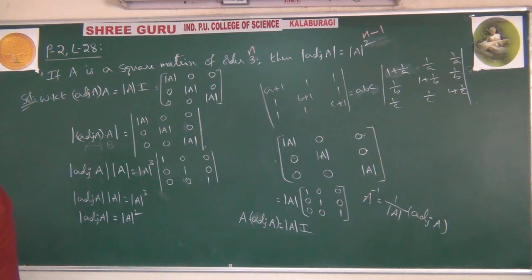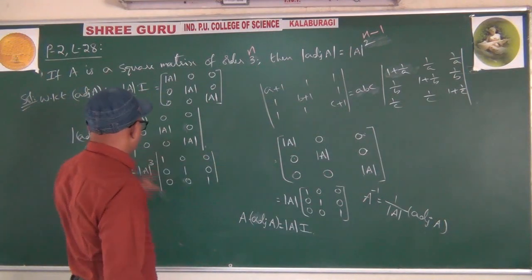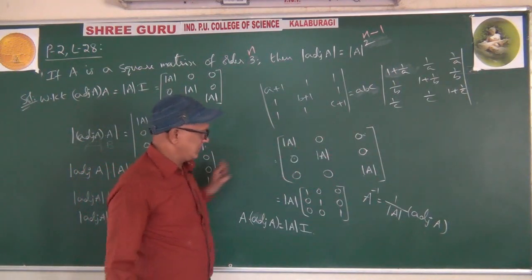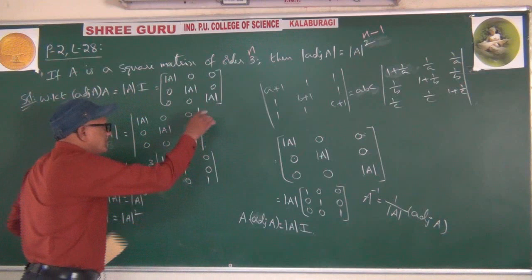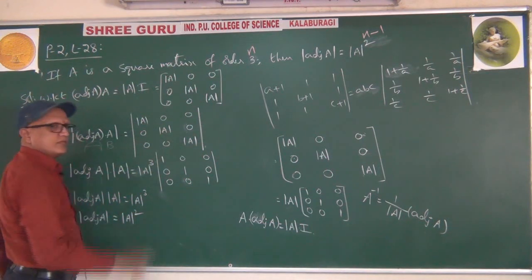We have to find the adjoint of the matrices. We can solve easily. Questions are not difficult. Adjoint of the matrix we have to find. So understood the difference between matrix simplification and determinant simplification. Matrix means, determinant means, right?